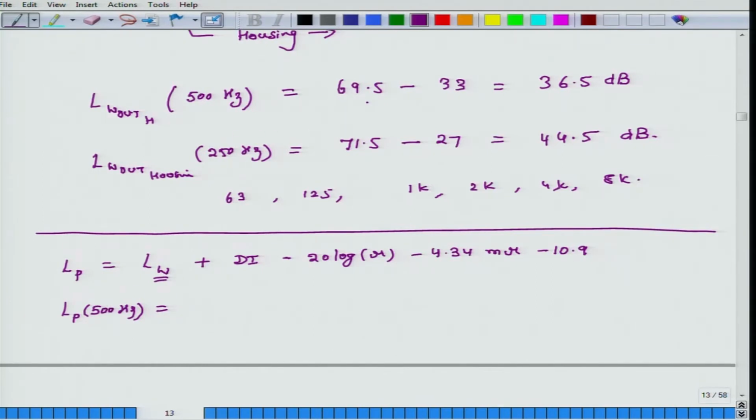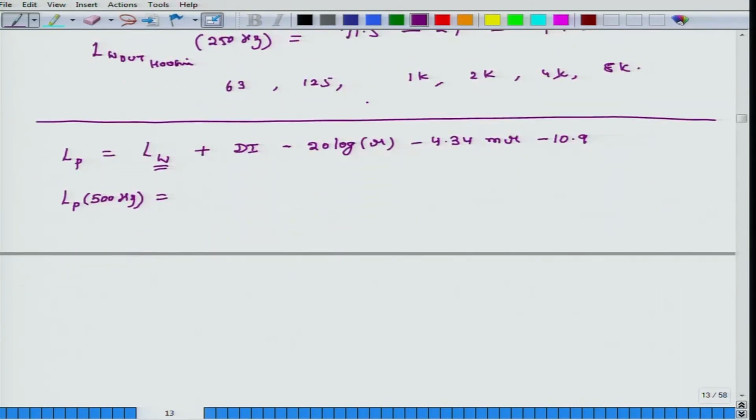So, it is 36.5, and then what is the directivity index? We have given that, it is 3, minus 20 log of R. What is the value of R? 3 meters, we have provided that, minus 4.34 MR,